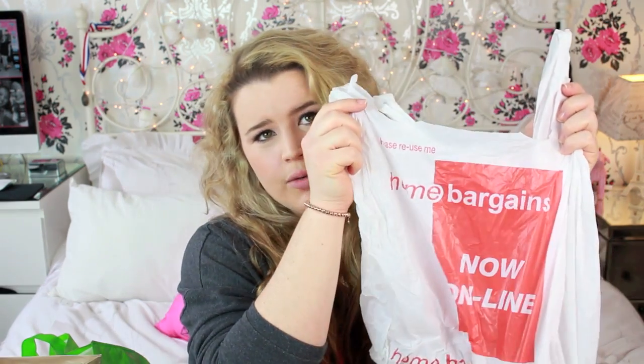So I just went into Home Bargains and I picked up this one thing. I seriously probably would have bought this in TkMaxx or something like that for way more than the price was. I saw it and I couldn't resist it. It was £1.50 and it is this cute little bunny ring holder. It's just a little resin plate and in the middle you have the bunny. Let me take off the...